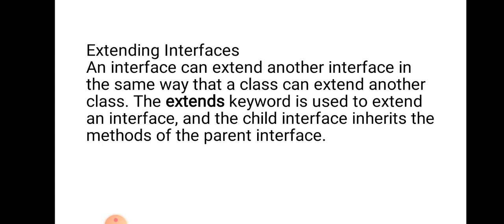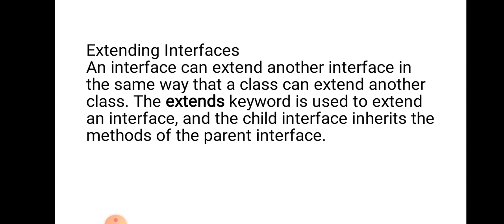The extends keyword is used to extend an interface. When you take something into a derived class from an interface, we use the implements keyword, and when you take something from an interface into another interface, we use the extends keyword. The child interface inherits the methods of the parent interface.